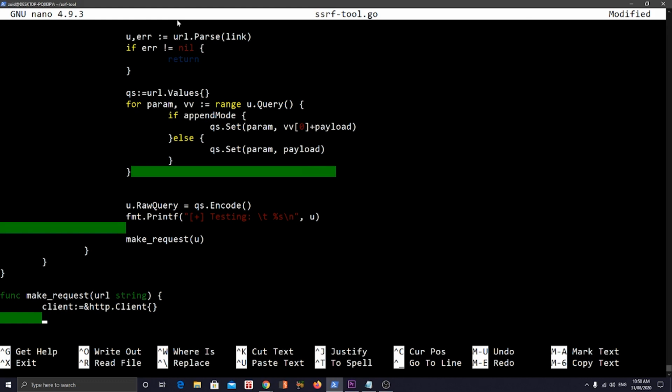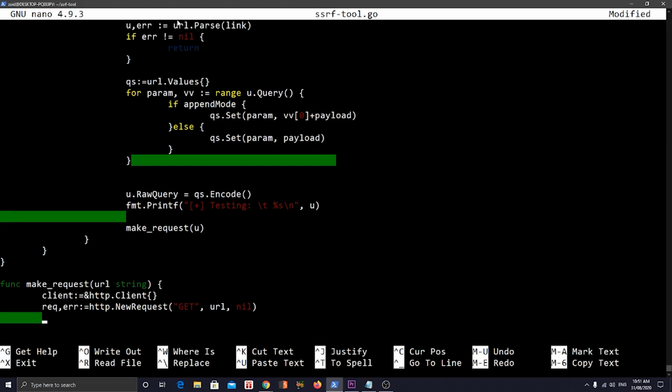Then we're going to create our request with an error. Our http.NewRequest has two return types: request and error. It's going to always be a GET. We're going to have the URL here and then the nil body. Okay, cool. And then we're going to client.Do request. So we're going to make that request. We're going to send the request to the server, and we're going to get a response back,